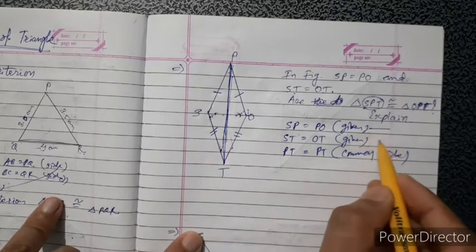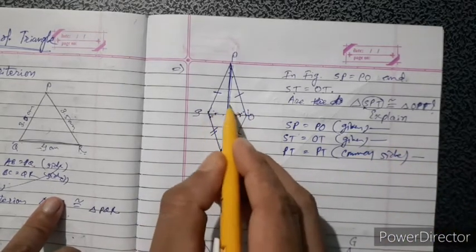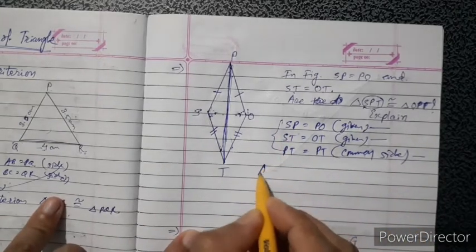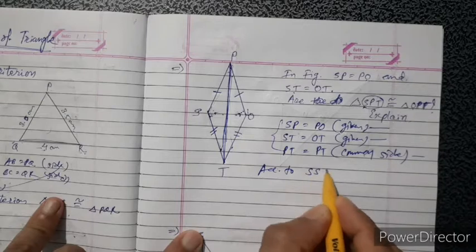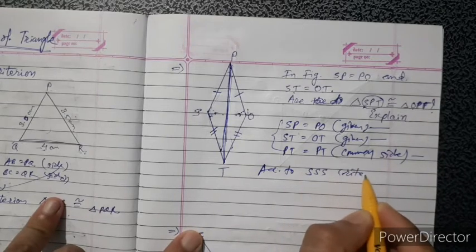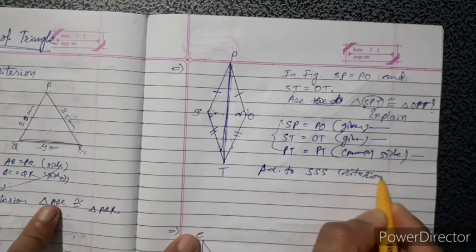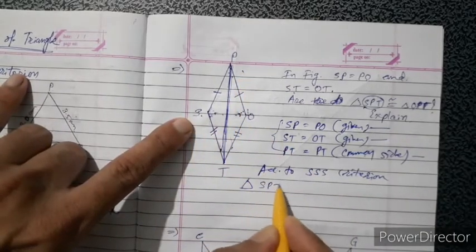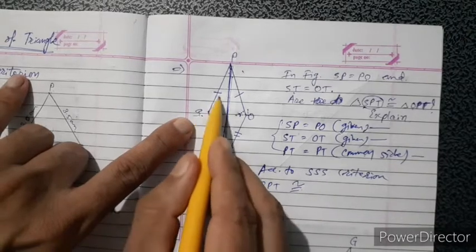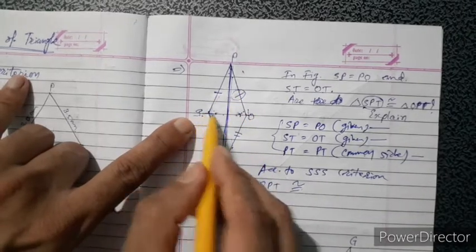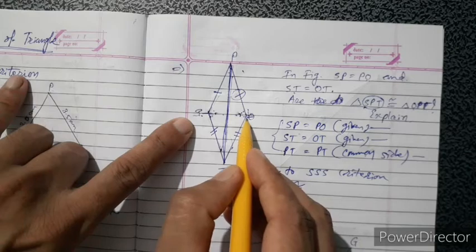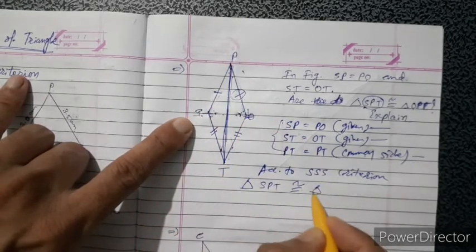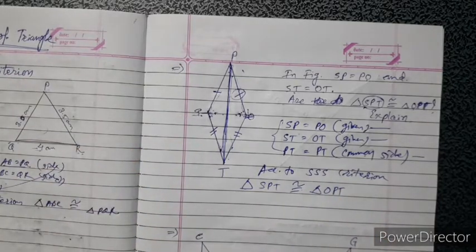So one side, two sides and three sides. Both triangles have three equal sides, the common side meaning an equal side. So here according to SSS criterion, triangle SPT is congruent to, look, same signs here, so start with O, then same sign here. You just move in that direction. OPT. Triangle OPT. They are congruent.